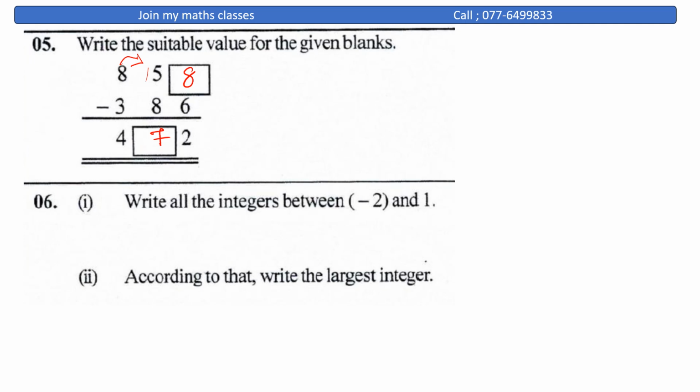And write all the integers between -2 and 1. Actually this is between -2 and 1, so you cannot take -2. Therefore you can take -1, 0. These are the two integers. If you draw a number line, you can find 0, -2, -1, 0, 1, 2. Here 1 is here and -2 is here. Only you can take these two